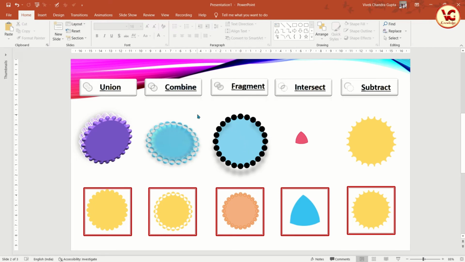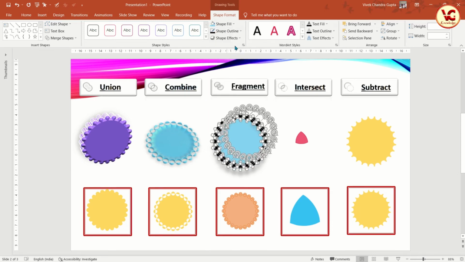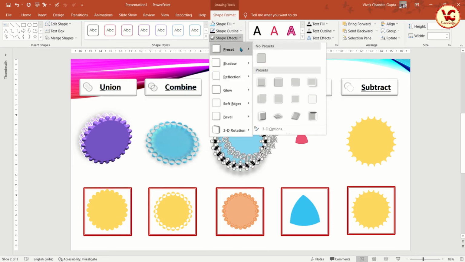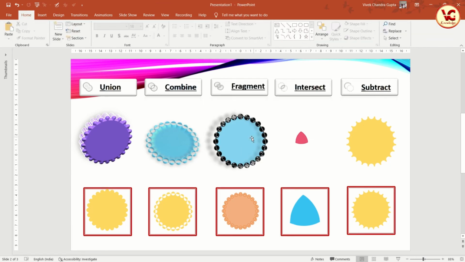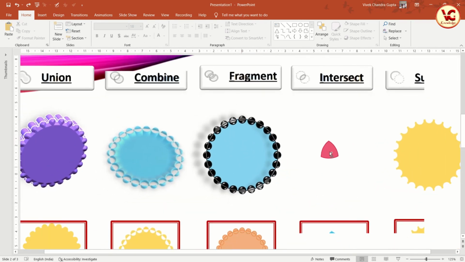right. But here now we will go to preset and we'll see. So here we can see this cut, and we have also seen this.